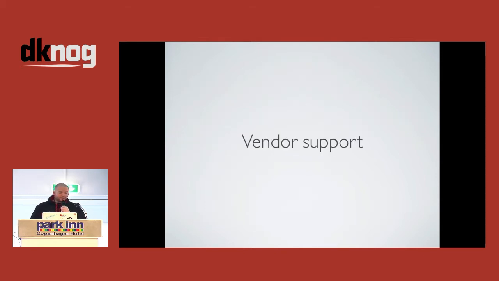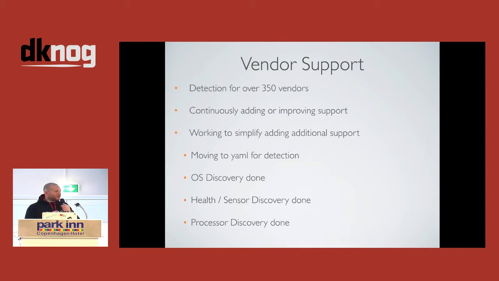So vendor support. So much like Oxidized, we support actually the individual OSs rather than the individual vendors, because vendors tend to run multiple OSs nowadays unless you're Arista. So we've got detection for about 300 OSs in LibreNMS now. Unfortunately, it's not that type of system where you can just go off and add a new device that may not have existed yesterday and it just works. You'll get some basic information out of it, but you won't get the nice shiny logo and specific information from that. But we are trying to simplify that process and make it a little bit more user accessible, if you like. So we're always adding support as much as we can.